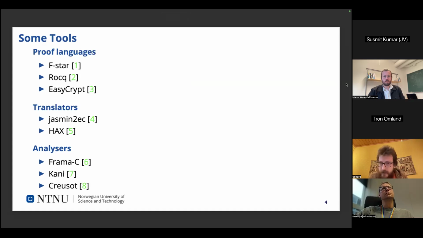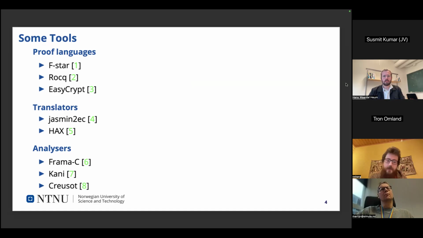And there's a bunch of tools out there. There are languages that allow you to write these proofs, and some also allow you to write programs that you can execute in a reasonable amount of time, compiled to reasonable machine code, like F star. And then you have things like Rocq, formerly known as Coq, which is a proof assistant that's more broadly used in lots of mathematics and computer science, and proof languages like EasyCrypt that are more focused on cryptography and specialize in proving cryptographic properties like security and so on.